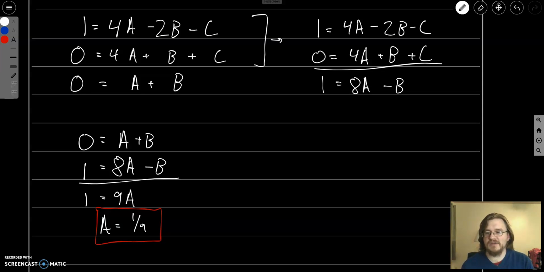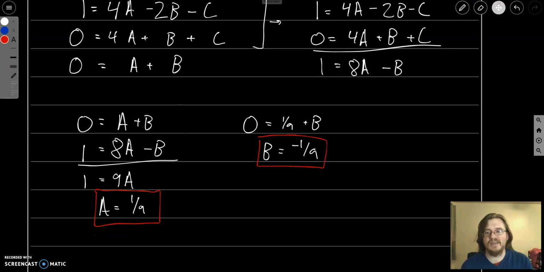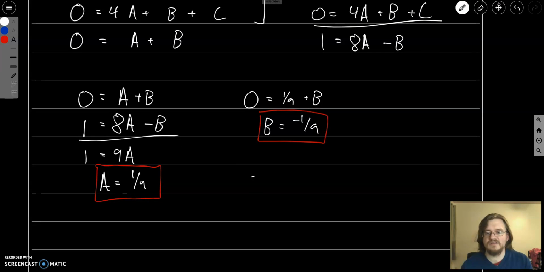And then when I look at this bottom equation, a plus b has to be equal to 0, which means that 0 is equal to 1/9 plus b, so b is going to be equal to negative 1/9. So far, so good. And then I'm going to plug this into this middle equation. It says 0 is going to be equal to 4a plus b plus c. So 0 is going to be equal to 4 times a, which is 1/9, plus b, which is negative 1/9,